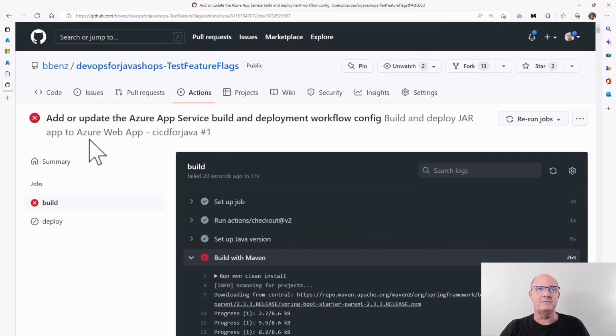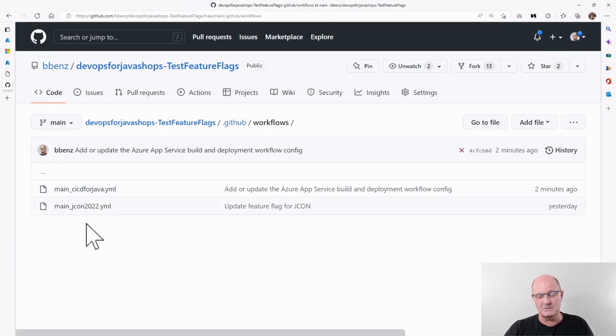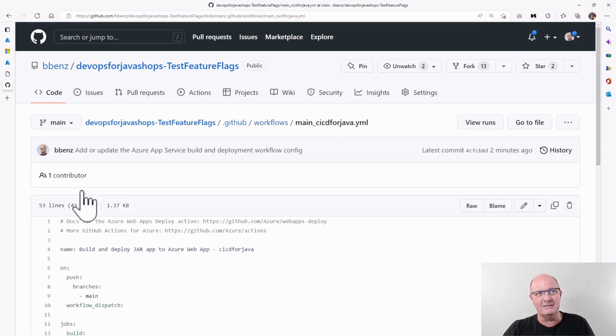That means that we have to fix this action. So to fix the action, we actually have to add an envar. So you go into GitHub Workflows. This is where the GitHub action was placed by the web app deployment process. It's called CI/CD for Java. And we actually need to update this with an environment variable. That environment variable is hidden in this repo, but the action is automatically generated, so it doesn't know where it is. I need to edit this GitHub action.